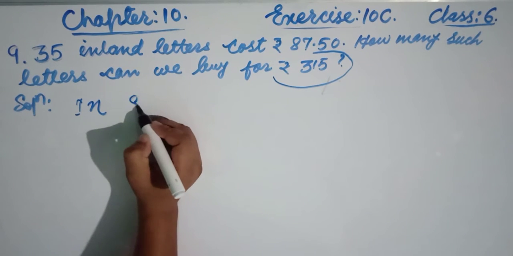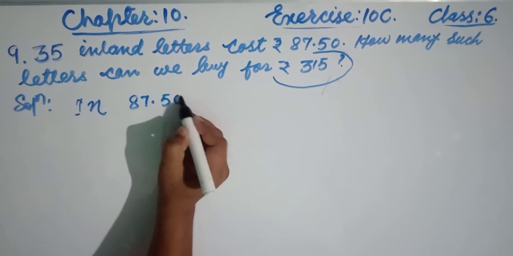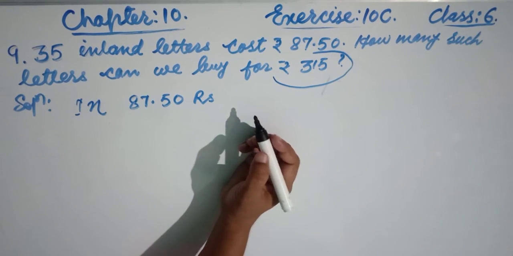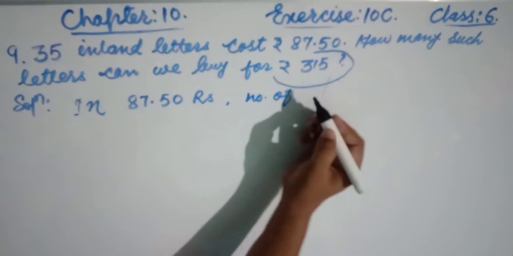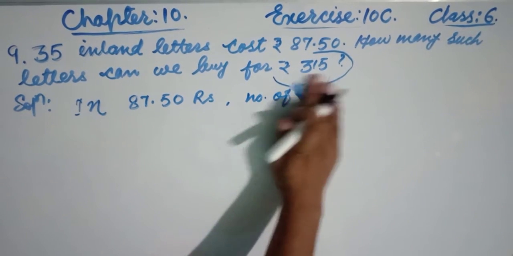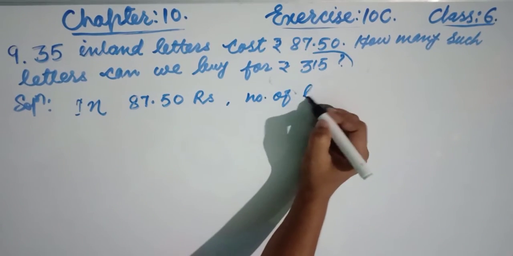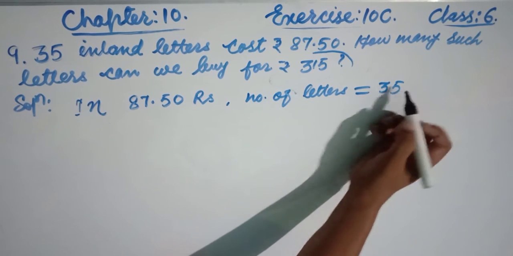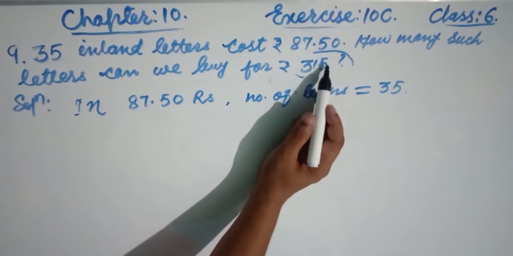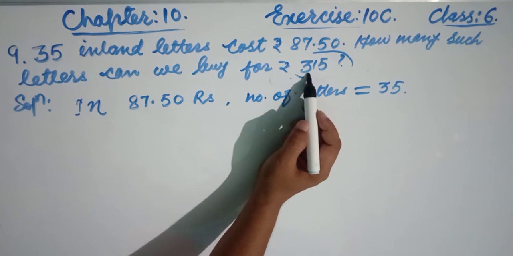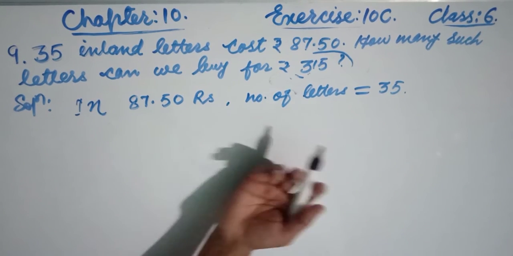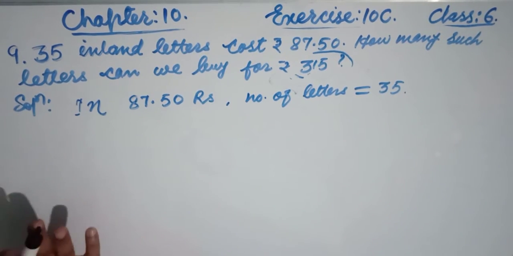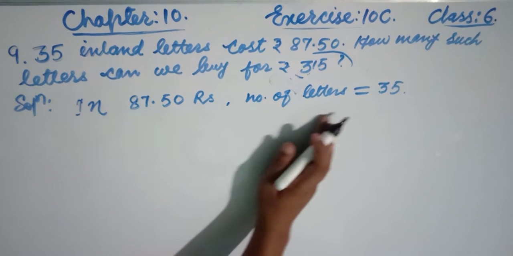In 87.50 rupees, number of liters, here write the number of liters, here number of liters friends 35. Okay, so this last number will decide, this is in rupees, so we have to find it in 1 rupee, then multiply with this rupee. Okay, so this is the value of 1 unit, so this is given, we copy it as it is friends,